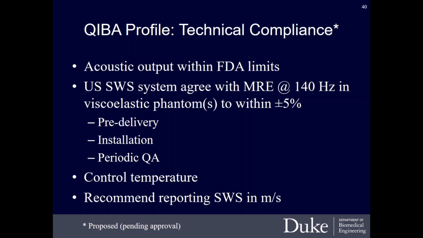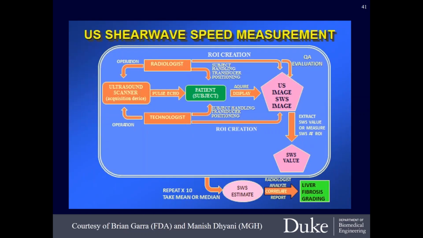Some of these tissue mimicking phantoms can have temperature dependencies, so there would be some corridor of temperature to be measured in. And given some of the variety in how the metrics are reported on different systems, there is a recommendation to report in shear wave speed, which again, using the earlier conversions, should be achievable.